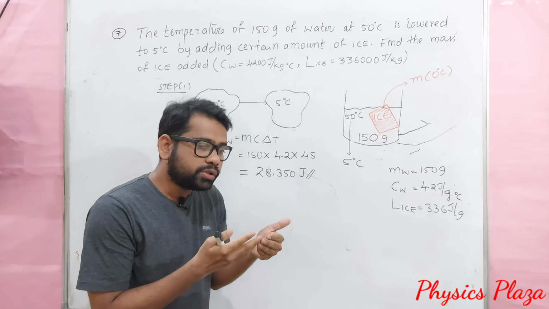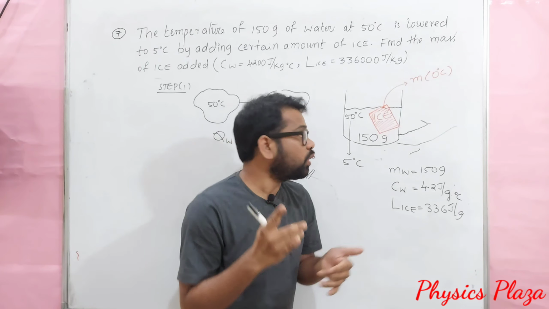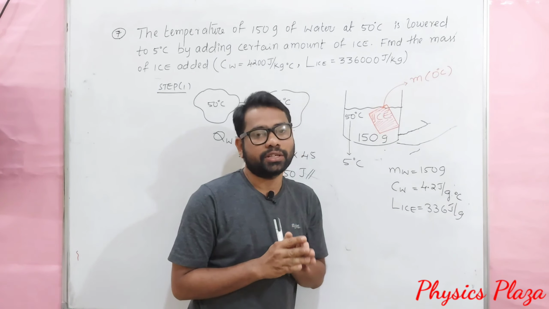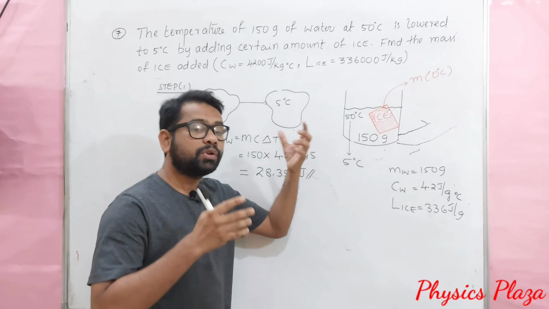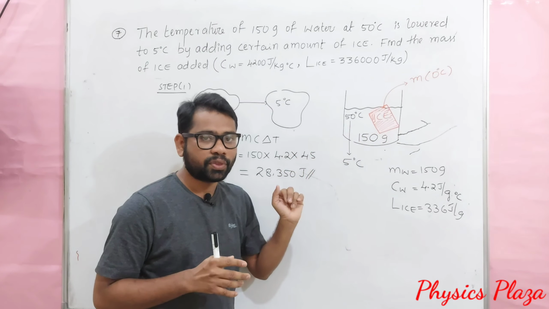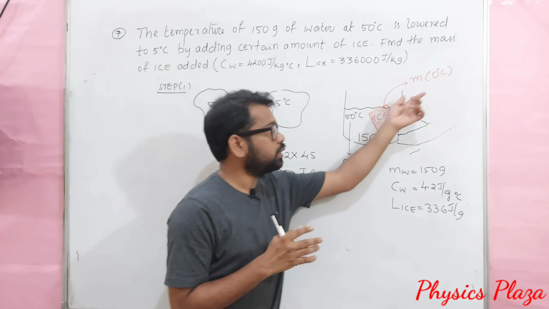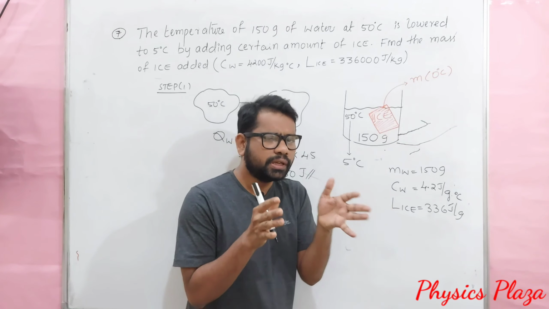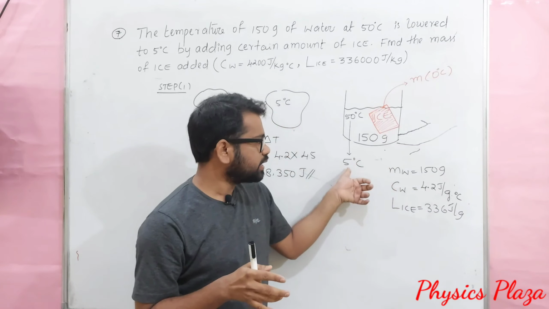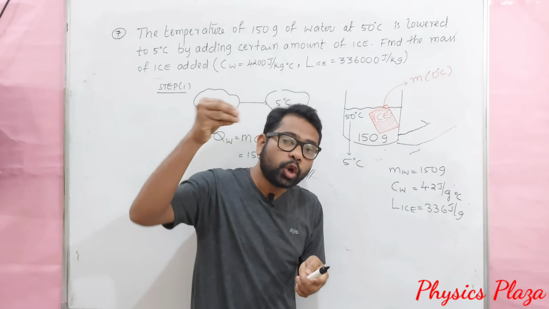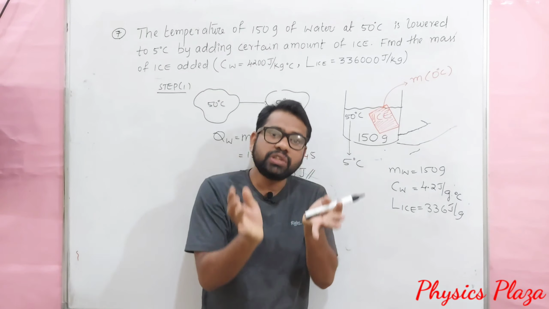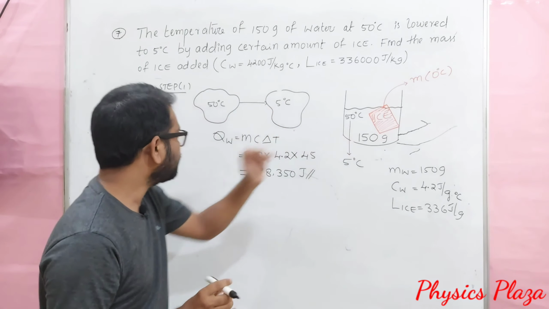Then as water is losing, then who is gaining the heat? Yes, that is what? Actual ice. Ice is going to gain the heat energy. Now let us calculate how much amount of heat is gained by the ice. But do you think, dear children, that 0 degrees Celsius ice directly will convert into 5 degrees Celsius water? It's not that. Means the total, they are talking 5 degrees Celsius means what? After addition of ice, the resultant temperature of the mixture is 5 degrees Celsius. So which means what? Let us see.